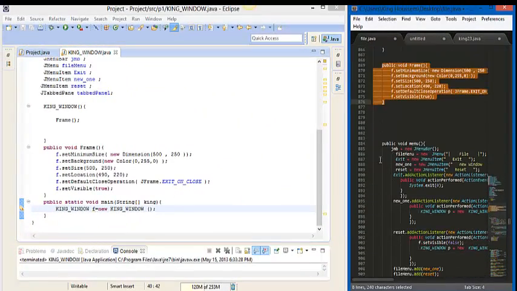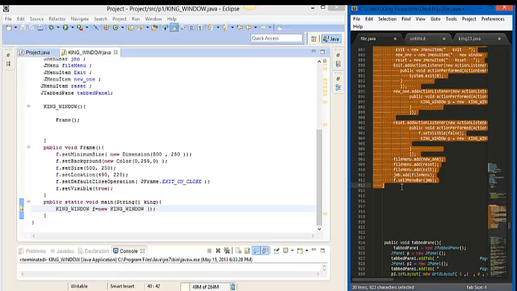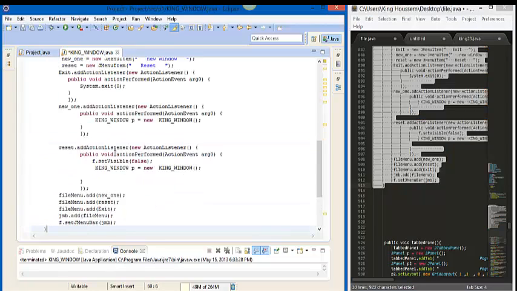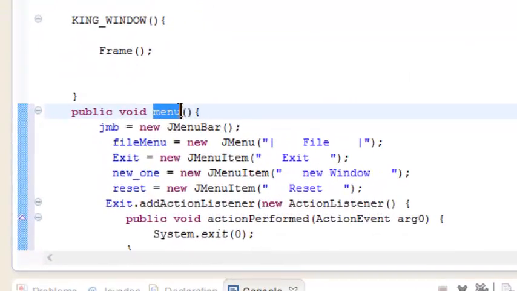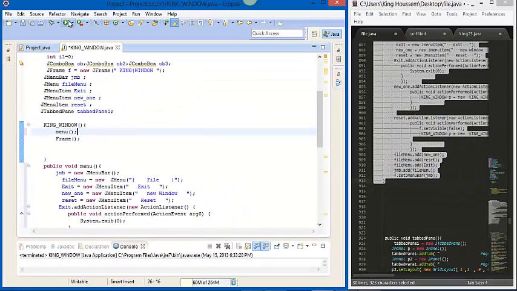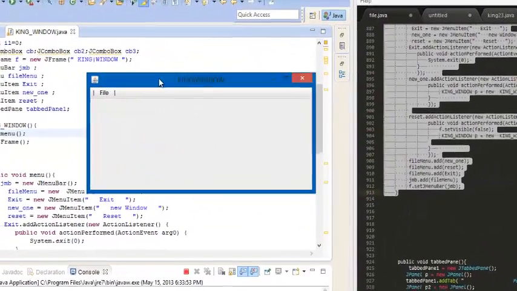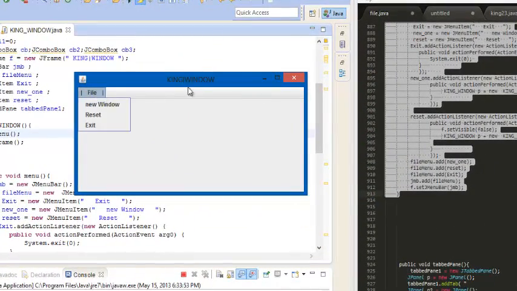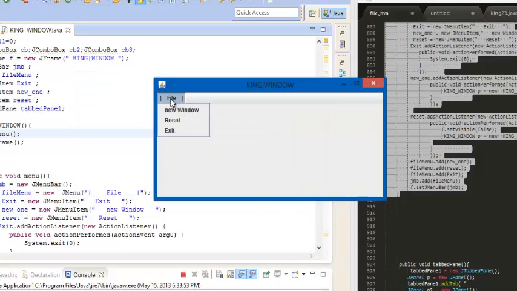And second, we need to use the method to create or to add GMenuBar plus GMenu and plus GMenuItems inside our GFrame. This is our method, and we call it right here, and we execute again. Great, this is our application plus the GMenuBar and GMenuItems. Create a new window, for example, and reset our application and exit